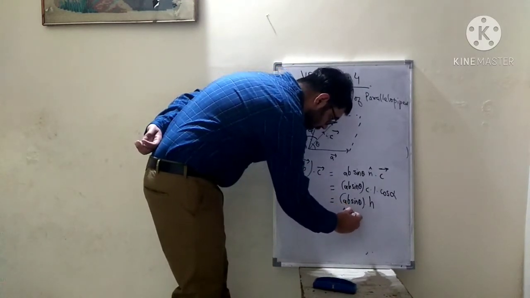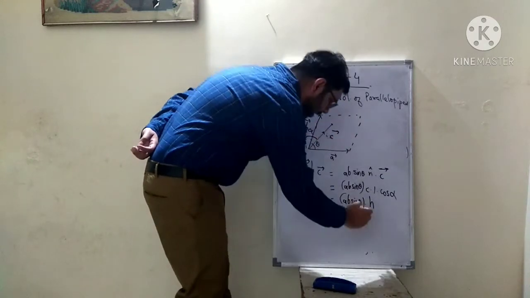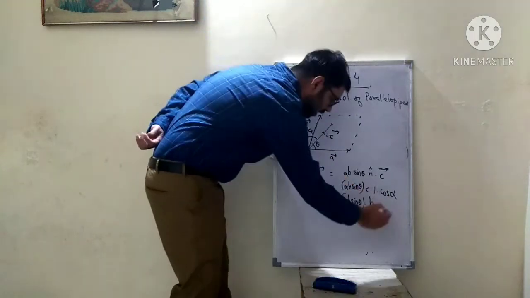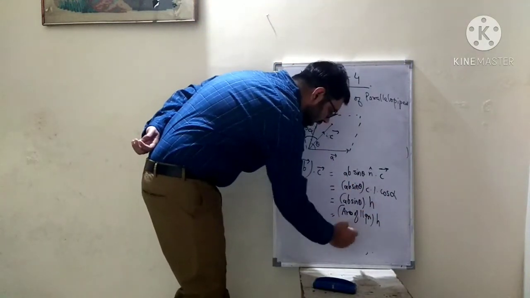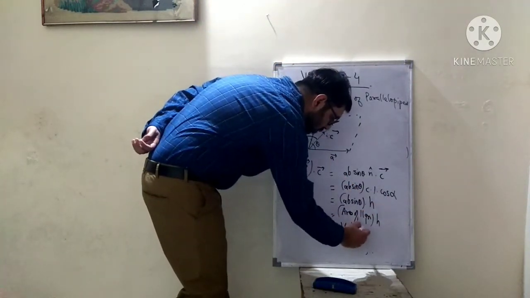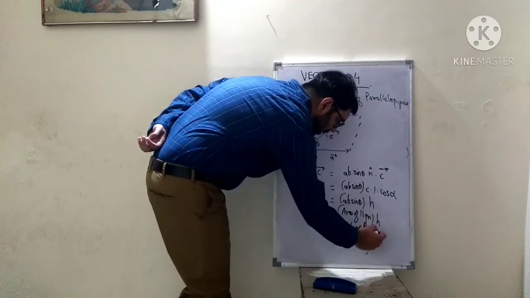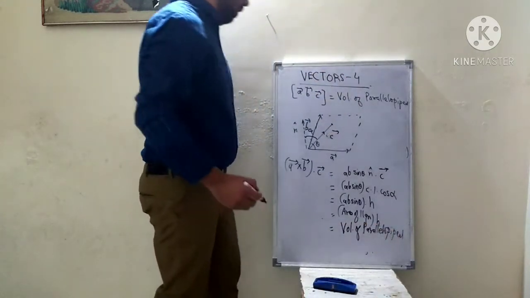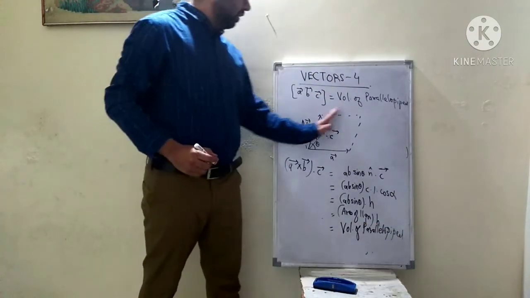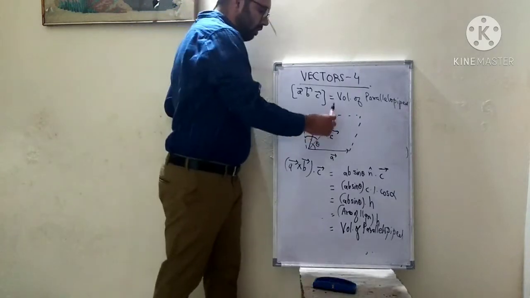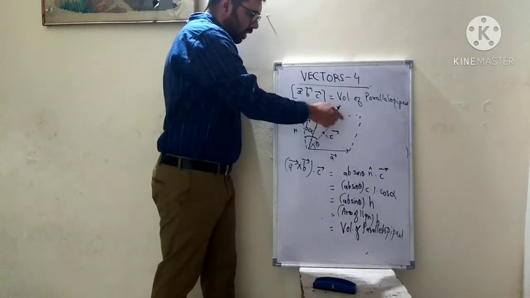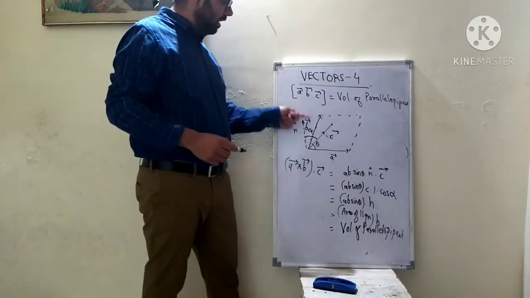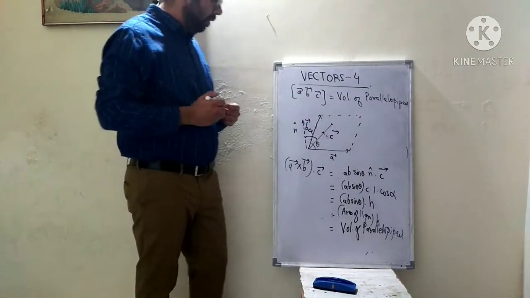is the area of the parallelogram. AB sin theta gives us the area of this parallelogram, and then c cos alpha becomes the height, and therefore area into height gives us the volume of the parallelepiped, right? So c cos alpha becomes the height of this point above the base, meaning above the parallelogram. If you multiply the area and the height, we get the volume of this parallelepiped.